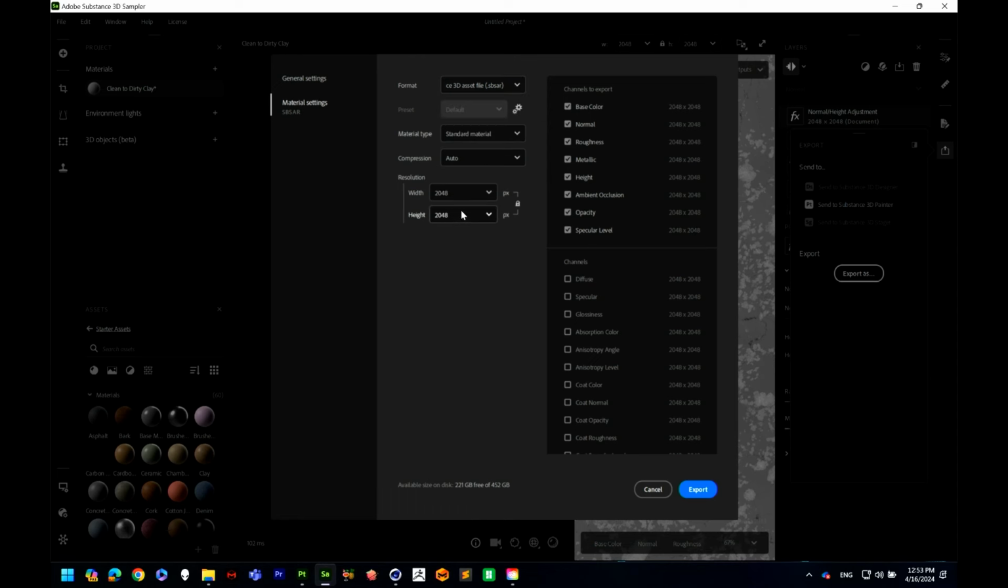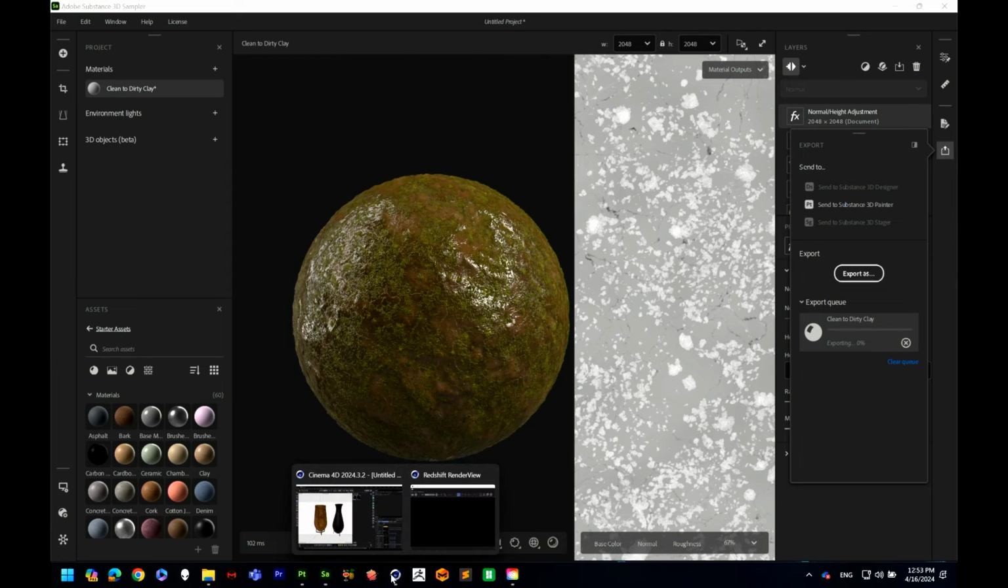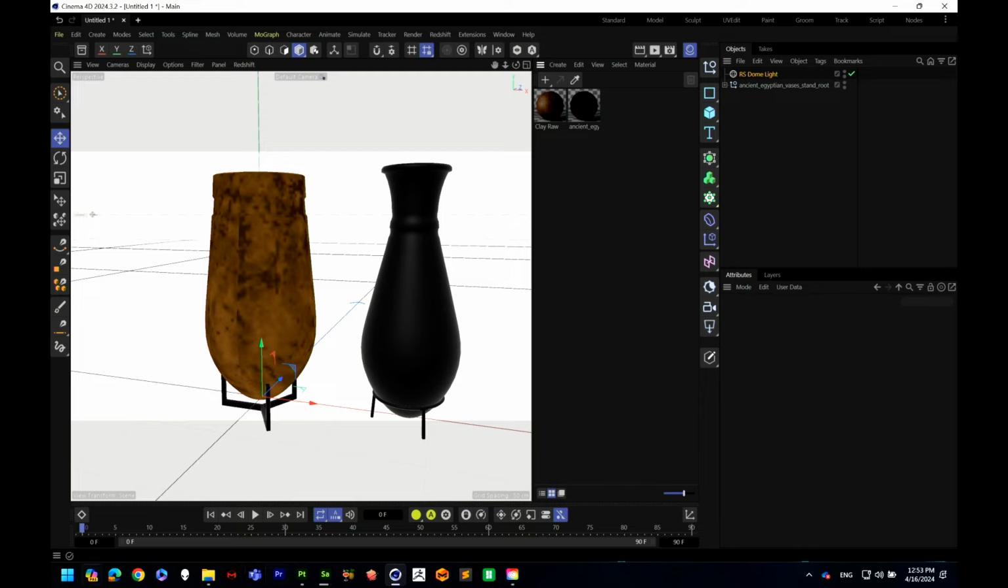This resolution, by the way, we can change this later. You're not locked into it at any given time. We're able to upscale it or descale it when we get into Cinema 4D. Right now, 2048 is pretty good, and it's good for a demo on the floor. So we're just going to go ahead and export this out, and let's go back into Cinema 4D and apply that onto our material. We're going to close out render view here,